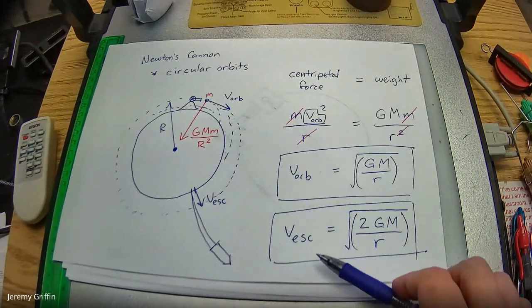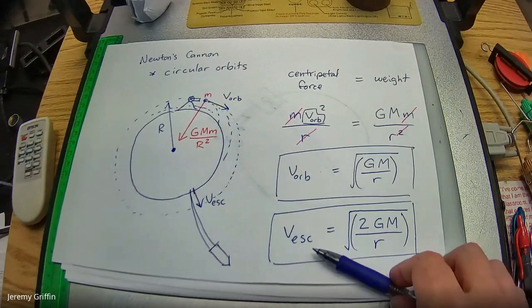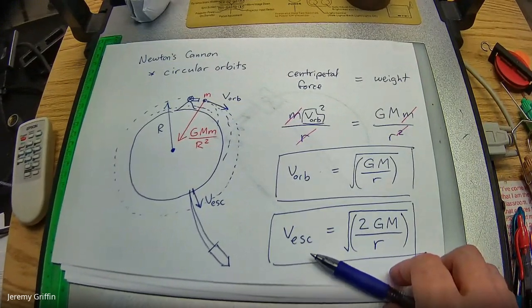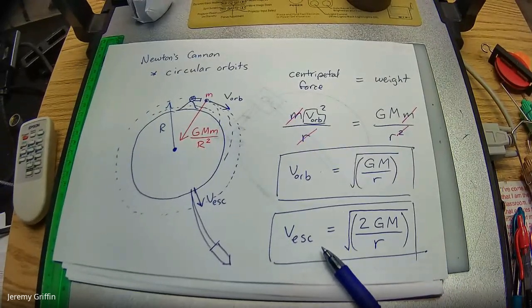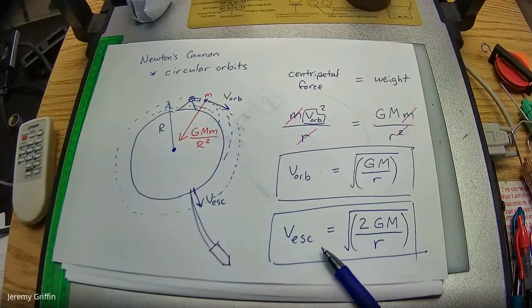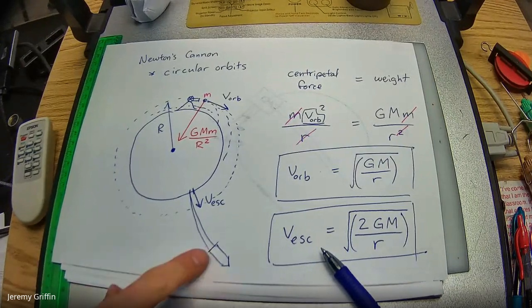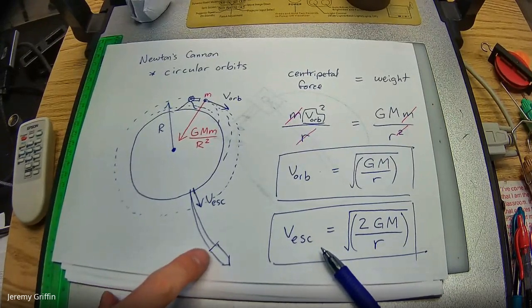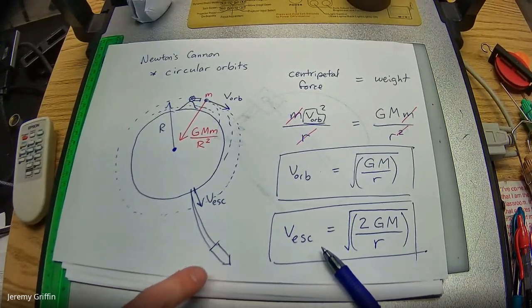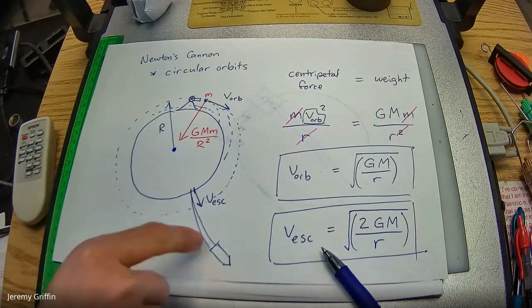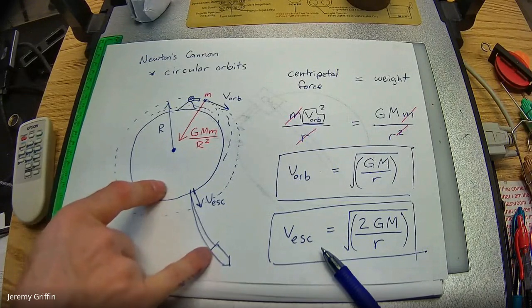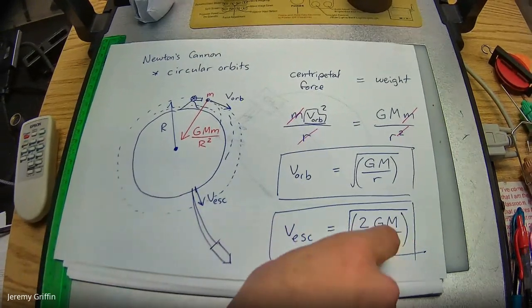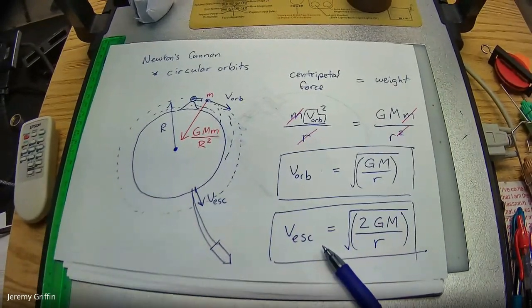The other thing I wanted to say about escape speed, there's a few things I want to say. Here's one thing: there are going to be some misconceptions about escape speed. Escape speed is the speed you need to get up to such that you could cut off the engines of this rocket and just based on its own inertia, it could still get away from the planet. Like if the engines are cut off and it's close to the planet, gravity is going to pull it back and it's going to keep slowing down. But if it's going at least the escape speed, it'll have enough speed that it can actually fly away forever.